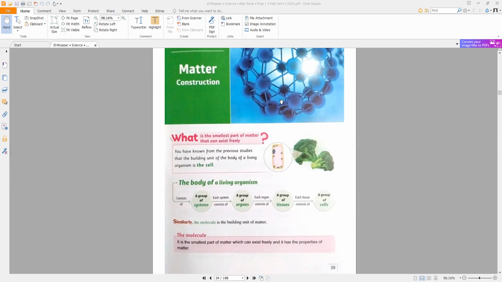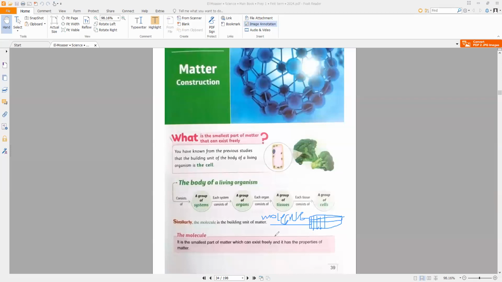If you have a matter like iron, this is a piece of iron. A piece of iron consists of small parts, or is divided into small parts. The smallest part of this matter is called the molecule. So the molecule is the smallest part of the matter, or the building unit of the matter, which can